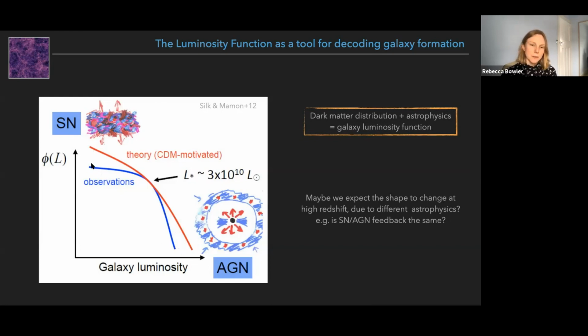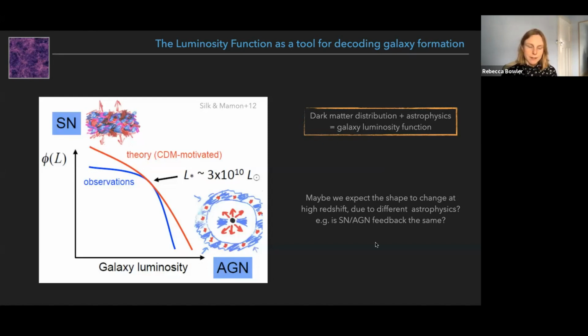So at the faint end, it's thought that in these very small dark matter halos, supernova explosions can actually expel gas from the galaxy outside of the potential well, and this then ceases or quenches star formation in these very low mass sources. And that's why we don't see as many as there are dark matter halos down here. For the most luminous galaxies, it's thought that potentially AGN feedback could be playing a part. So in these high luminosity galaxies, the star formation rate has been again quenched or ceased due to the feedback from an accreting black hole in the center.